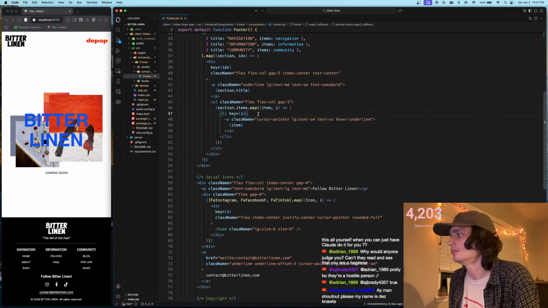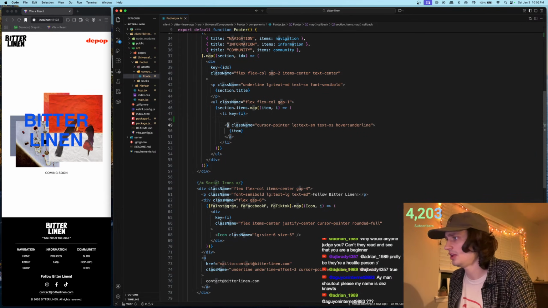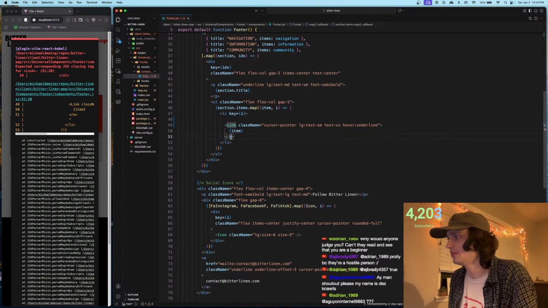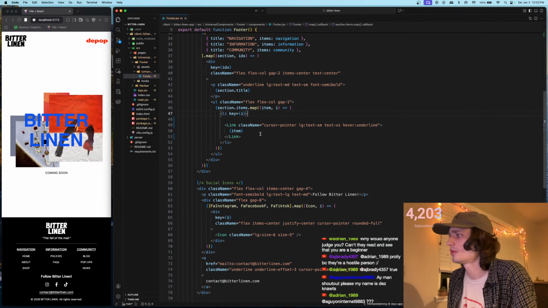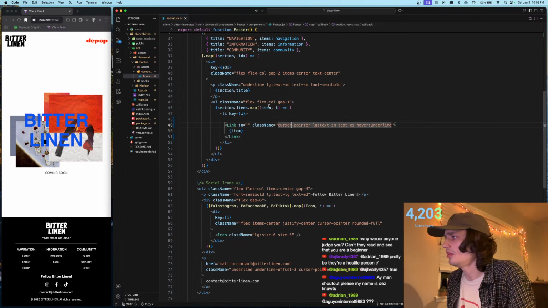I don't think we actually need the anchor there anyways, because we then can have just the item be there. So we can actually make probably the link be this anchor tag here. And then we'll throw on a 2, and then we'll say,